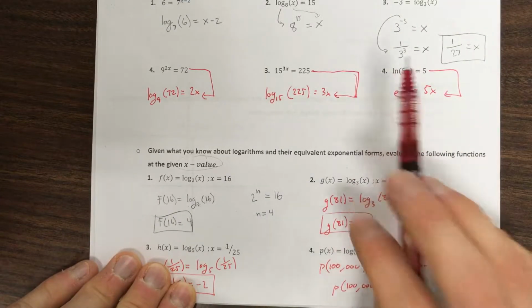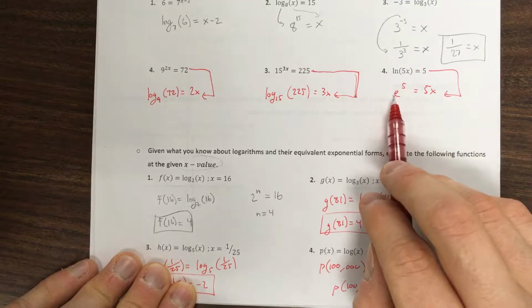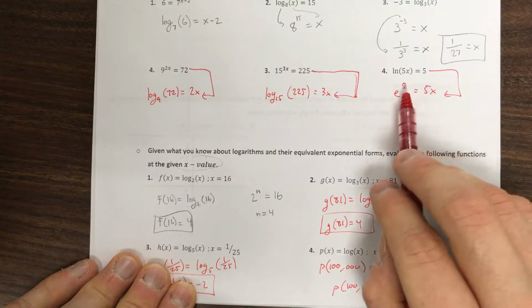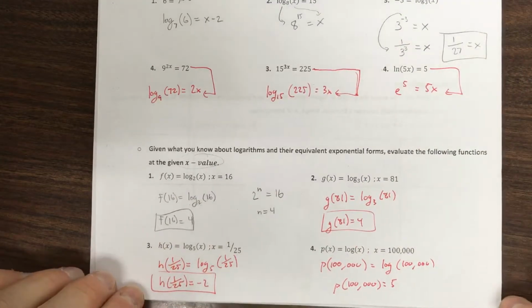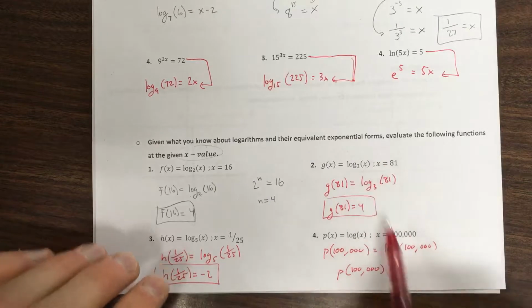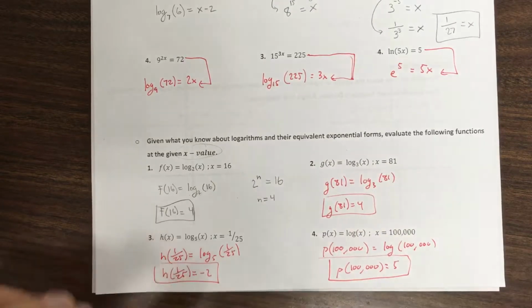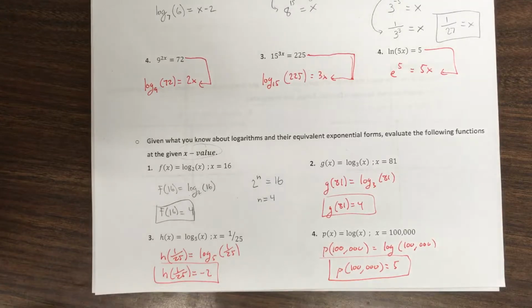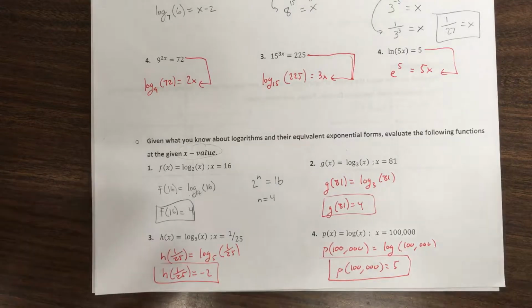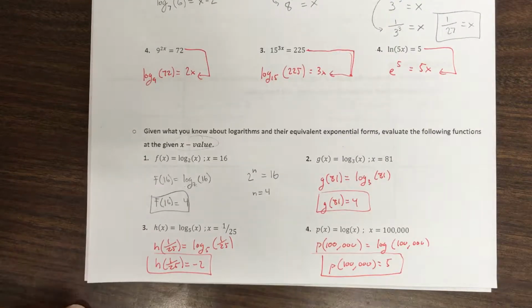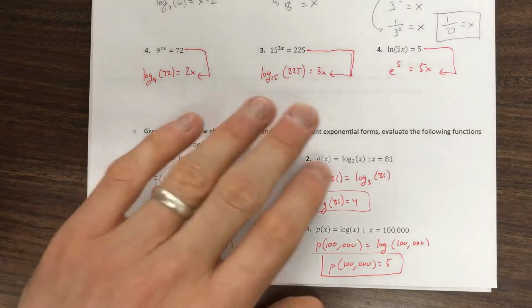Again, if we have ln, it's understood that our base is e. So we have e raised to the 5th equals 5x. And then here, I'm not going to go over these, but these would be the evaluation of those three functions. I'm going to let you try to figure that out if you didn't get those. If you have questions about those three, please let me know. Ask me in class, outside of class, and I'd be glad to help you out with that. But let's go ahead and flip to the back side